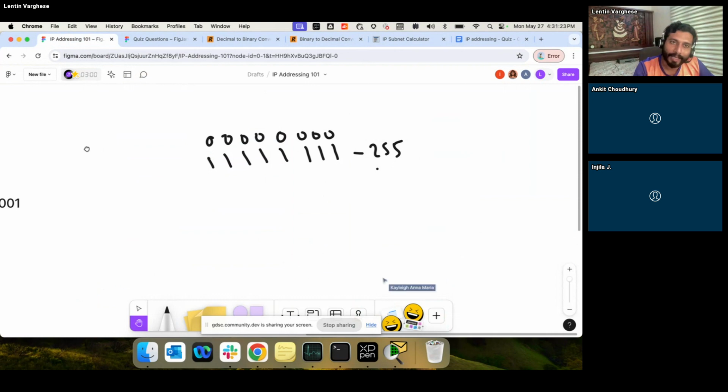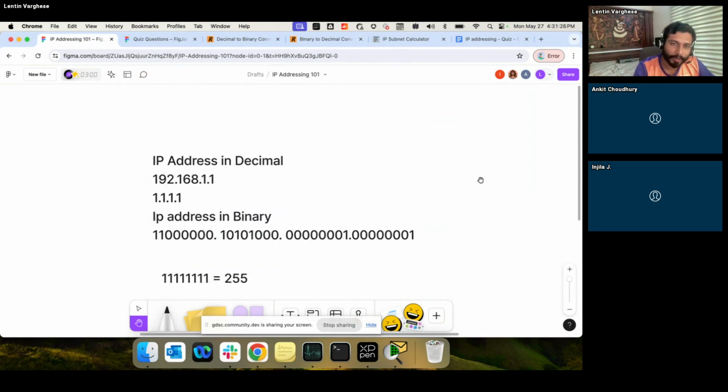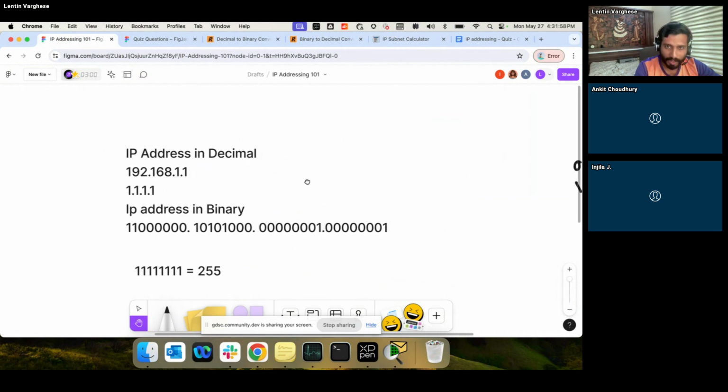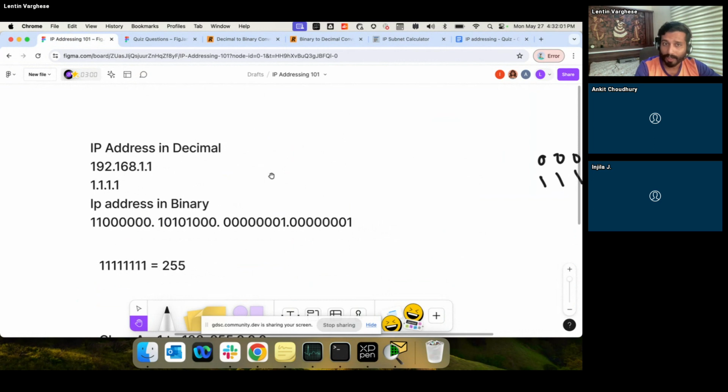Now, they say that back in 2015, there were around 15 billion IoT devices, right? But we still survived with IPv4 at that time. IPv6 became common more recently. How did we achieve that? We'll get to that at a later stage. But coming back to this 4 octet theory, essentially, when we needed more and more IP addresses, they increased the number of octets so that they could have more IP addresses. Now, how can they have more IP addresses? By adding more octets.